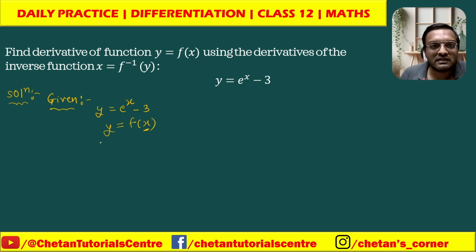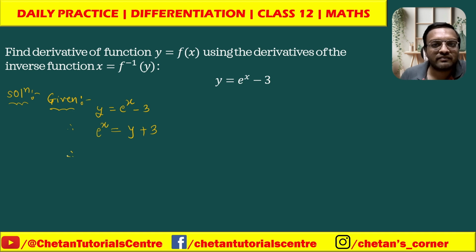Now we have to convert this into a function which will be in terms of y, and this new function which is in terms of y will be the inverse function of the function y is equal to f of x. Now how to convert this? We have to use all the concepts. Now here we have minus 3. Once we shift it to the other side of the equal sign, it becomes y plus 3, which is equal to e